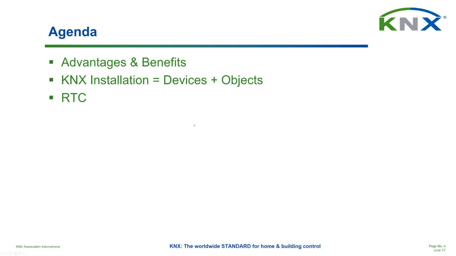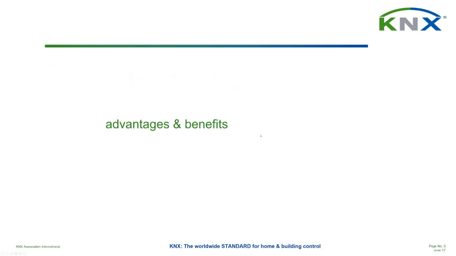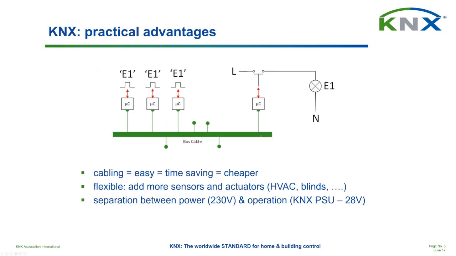Okay, so let's start. Advantages and benefits. Therefore I simply used this simplified KNX installation. So what is this actually? We see a bus cable here. That's a twisted pair 1 bus cable, low voltage, to which we connect a number of devices, which are actually